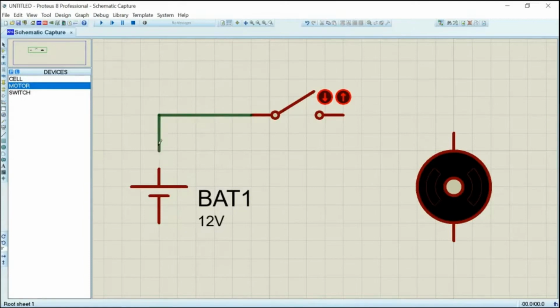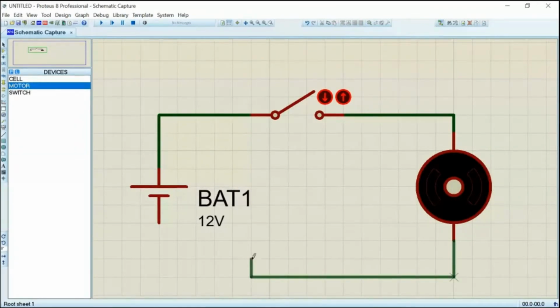So I want to connect the other end of the wire to the battery. Which means positive of the battery is connected to one terminal of the switch. The other terminal of the switch, I click and then I go to the terminal 1 or T1 of the motor, and the other end of the motor, T2, is connected to the negative of the battery. So this is a simple circuit. There is nothing complicated here. We have a 12-volt battery. The positive of the battery is connected to terminal 1. The negative of the battery is connected to terminal 2, of course with a switch.